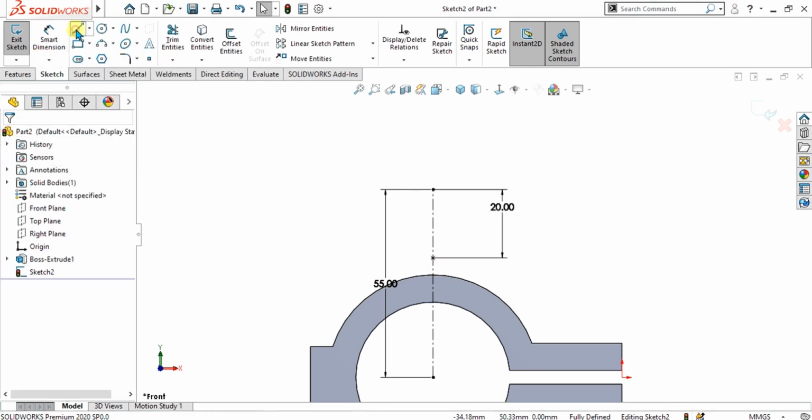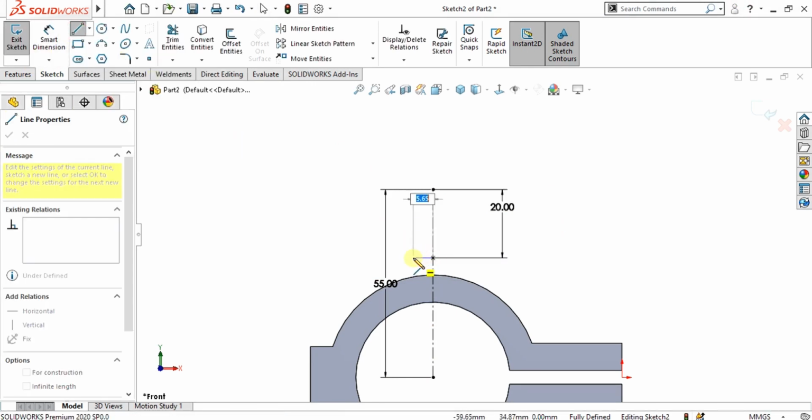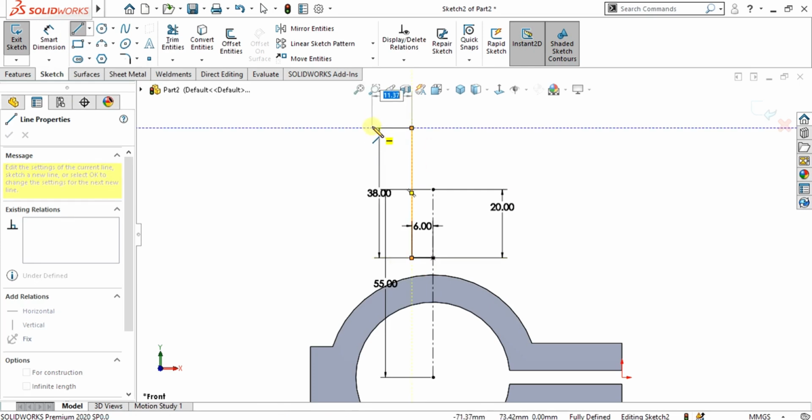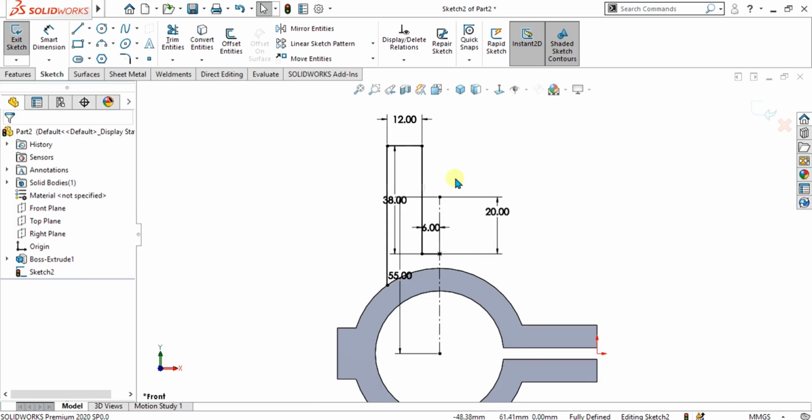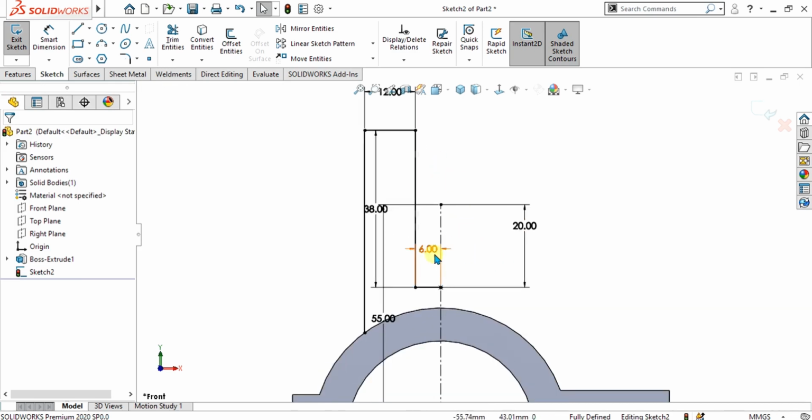Now again make the horizontal line of 6 mm and make the vertical line of 20 plus 18. Again make the line of 12 mm here and attach it to the outer circle like this. So now you can see how easily we have made the upper part and we have got the missing dimensions